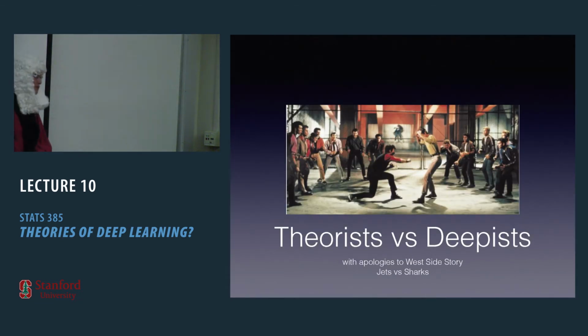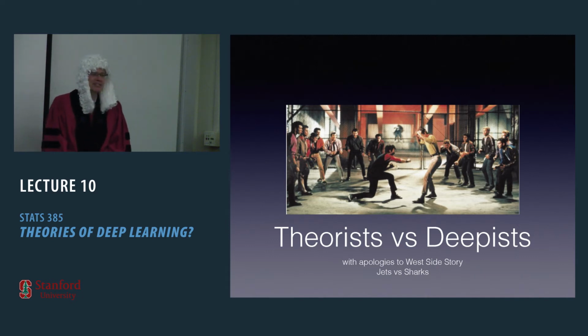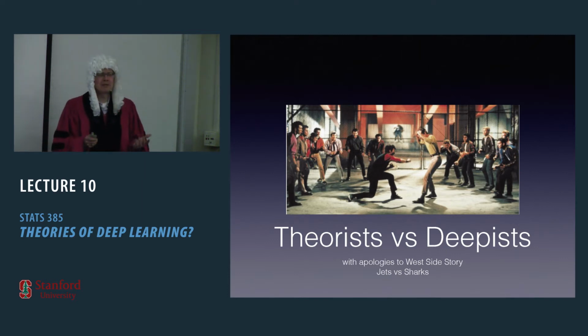There's another point of view that we didn't get a fancy poster made for, which is that in the end, there are people who do deep learning in practice, and that those are in some sense playing a different game by different rules, and they're somehow unable to relate to the worldview of theorists, and likewise, theorists are unable to relate to the game as it's being played by the deepists, and therefore there's a fundamental antagonism between them. This idea came to us rather late in the game, but it's really borne out by events.